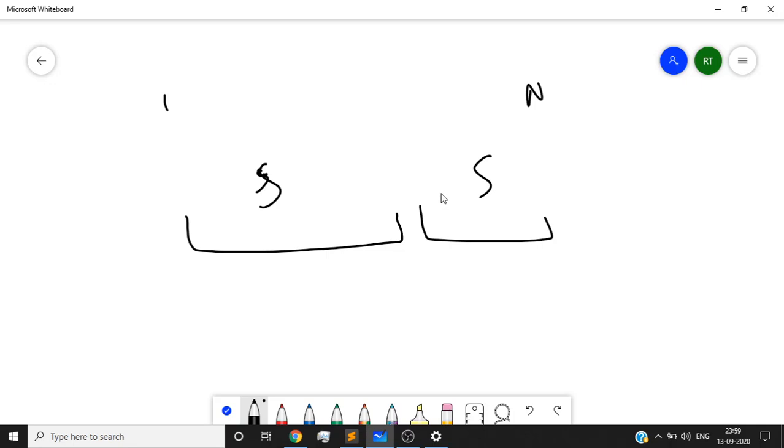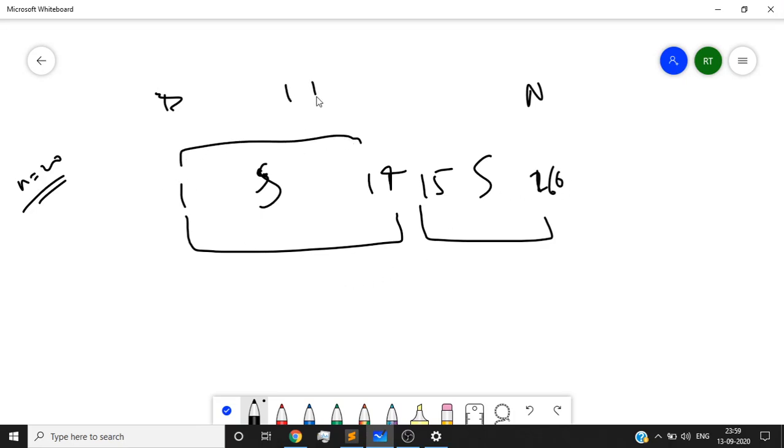Let me take an example: for n equal to 20, this special case occurs. In that scenario, the sum of the first 14 elements is equal to the sum of the remaining elements from 15 to 20. So these are 14 elements and these are 6 elements.